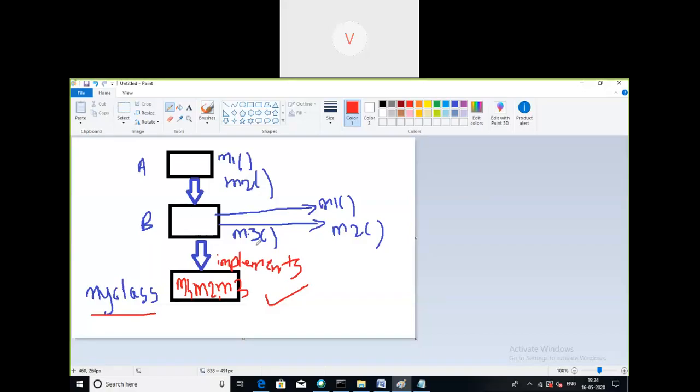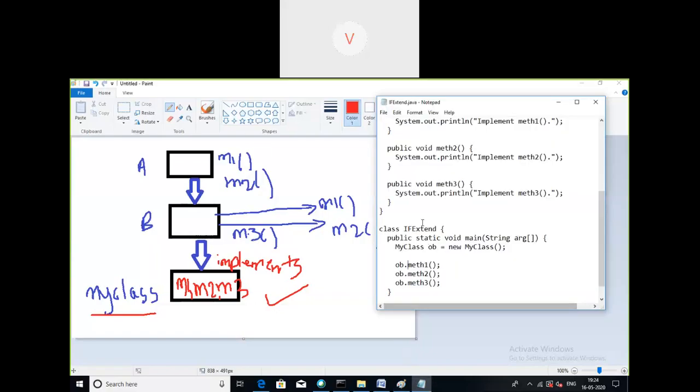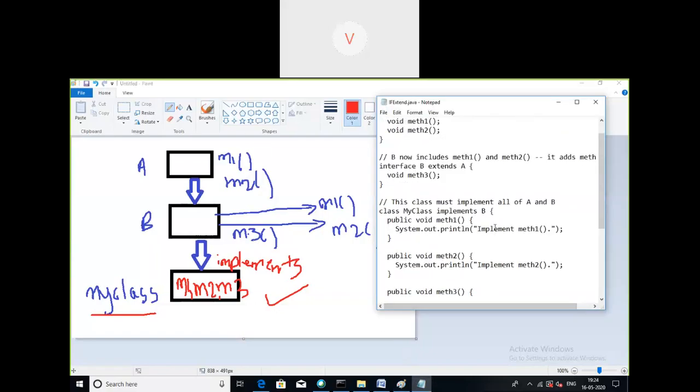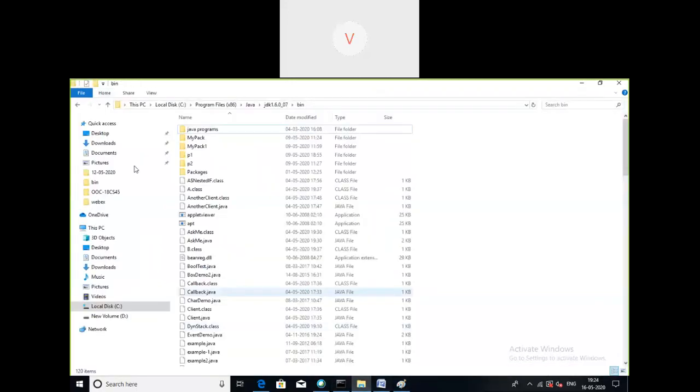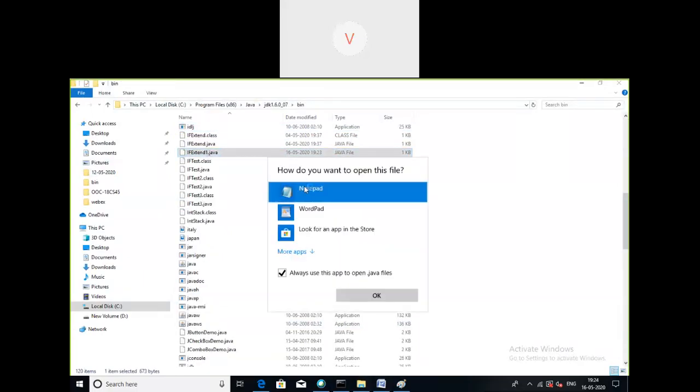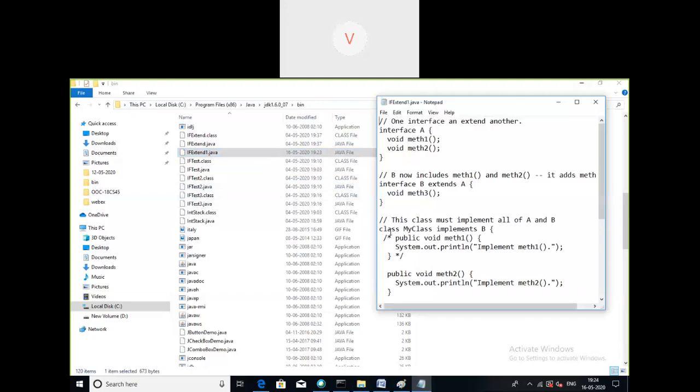M1, M2 and M3. So just now I commented the definition of method one in extend1.java. When you comment the definition of method one, it will throw the error message.